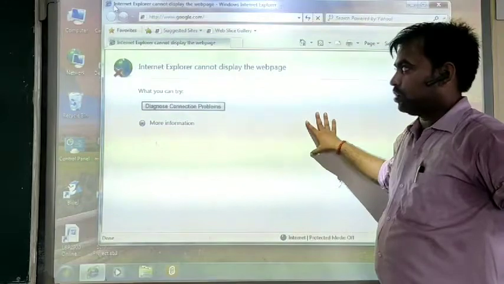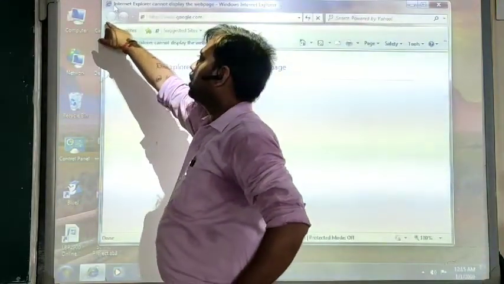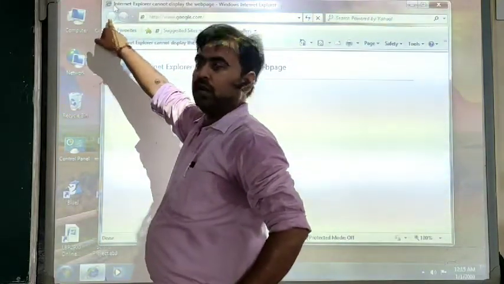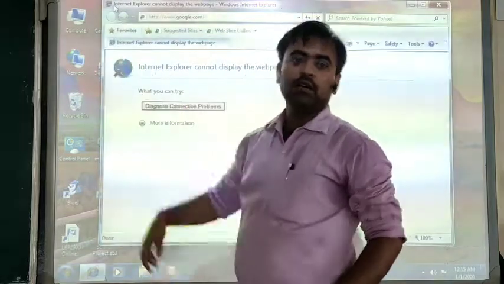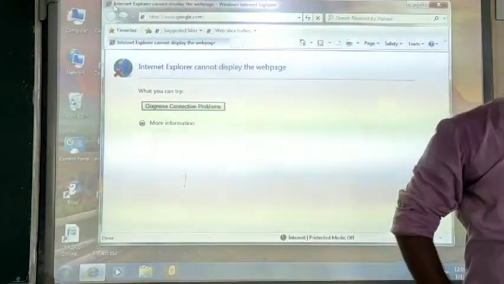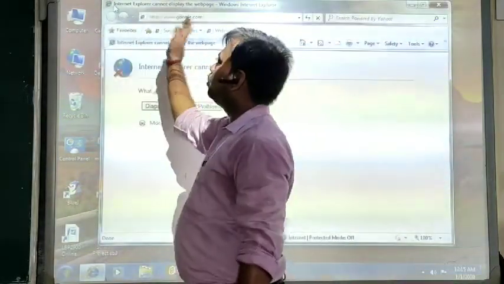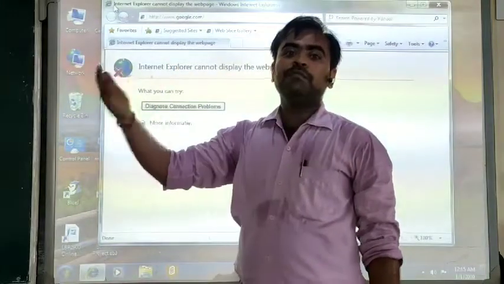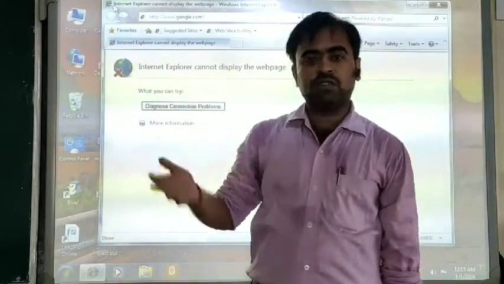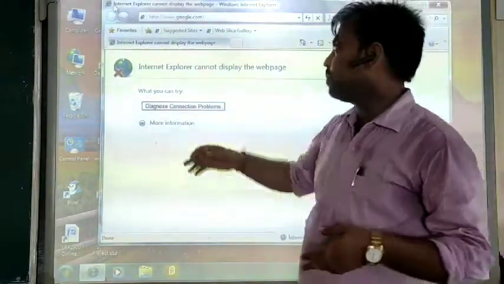Along with that, when you come here, there are two different buttons: back and forward. The back button is used to go back to the previously opened web page. Suppose you are browsing or surfing through the internet and you have opened more than one page.